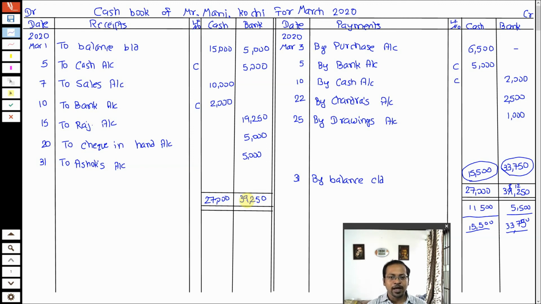Okay, so since we have limited time, we have tried to cover only double column cash book, because single column cash book is very easy and it is indirectly covered by us, and petty cash book, as I told you, is an irrelevant or not important topic. So in the end of the year, if we get time, then we can solve one or two questions, but petty cash book actually is not followed practically, and accounting is done for petty cash book just like what we have done for the main cash book.